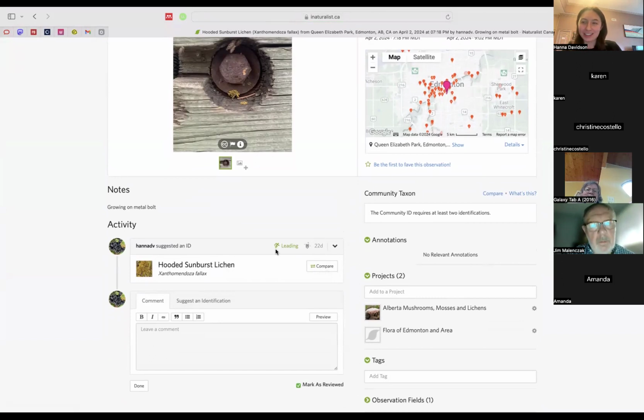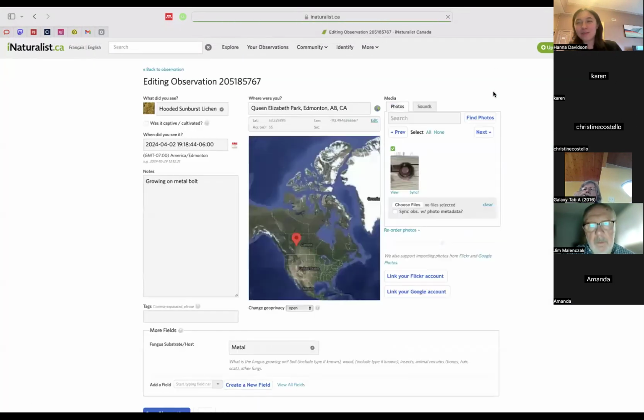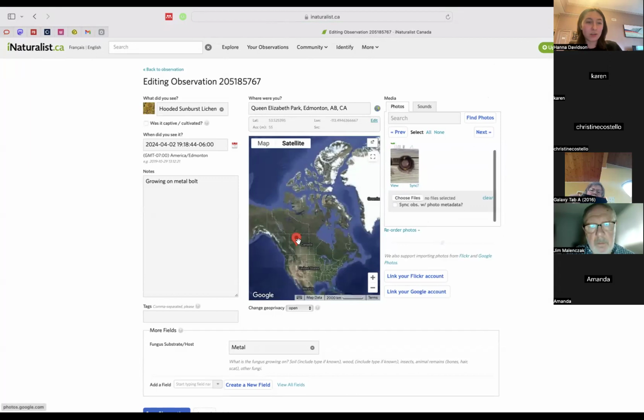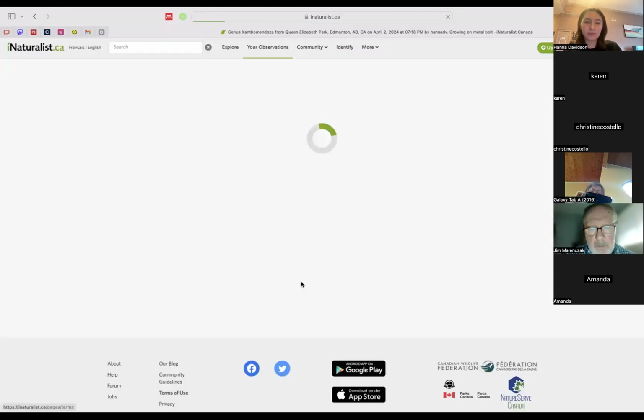If you're really mad at it and you're like, no, that was an entirely dumb mistake, I want to erase it, you can go up to this edit tab and you have to do it on the web. I don't think you can do it on the app. You might be able to actually. I don't have it open right now, but you could. And you can change your notes, you can add to it. And if you want to change your ID, let's just change it here to just genus level. So when we save it,